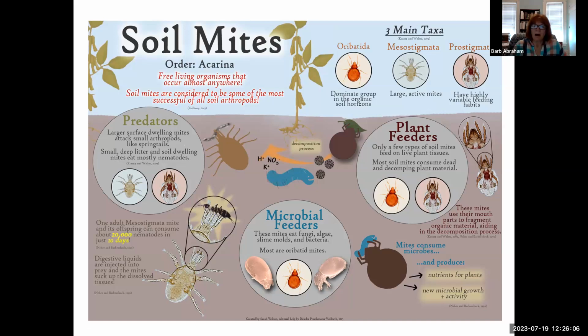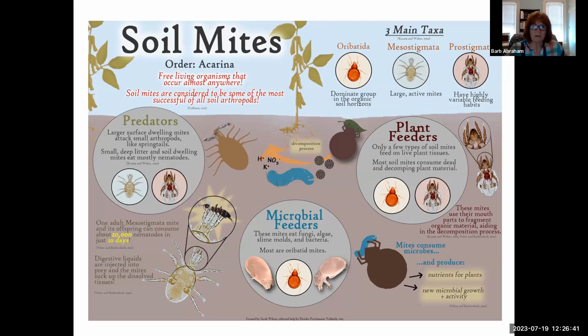Saprophyte, excuse me. No, saprophage. Sapro means decaying. And I'm zoning out on the last part of the word, which means to feed on it. But they do eat the bacteria and the fungi that are eating the dead organic material. Okay, and then of course there are some bad guys in the soil, as there are up above the soil, that actually eat on plant parts. So there are all kinds of mites.